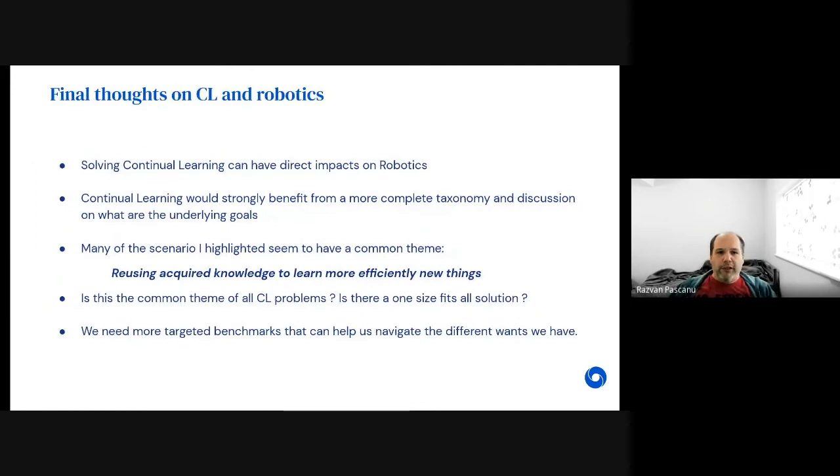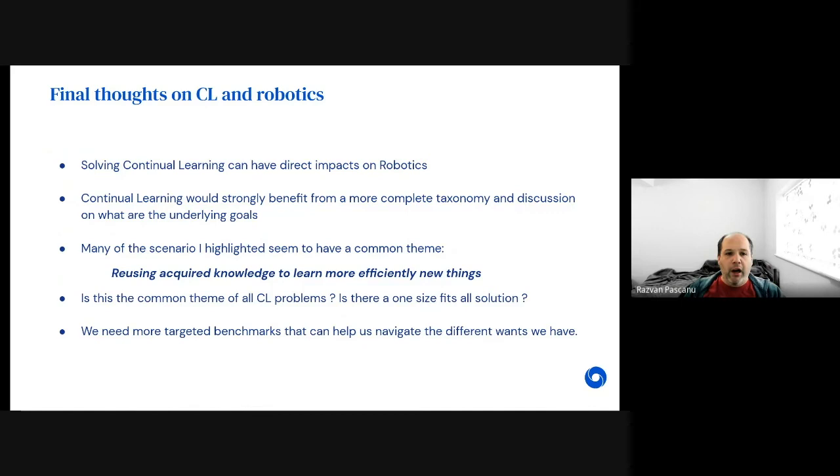So on my last slide, I want to draw a few conclusions based on everything I've said so far. There are multiple potential goals that can drive us towards continual learning, even within the robotic setting. There is the data and computational efficiency angle. There's a changing perspective it might bring on the OOD generalization question. There is a hope of acquiring skills over time. CL solutions can be seen as a safeguard to maintain safety protocols, particularly those that need to be learned. There's no doubt in my mind that even partial solutions to continual learning can have a big impact on